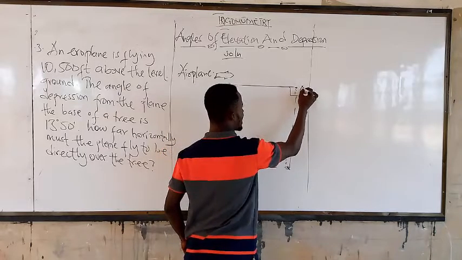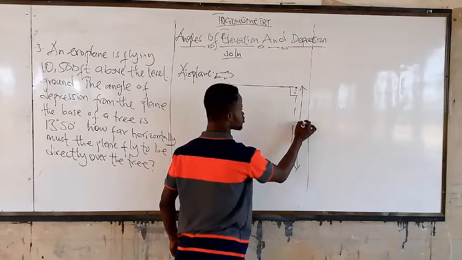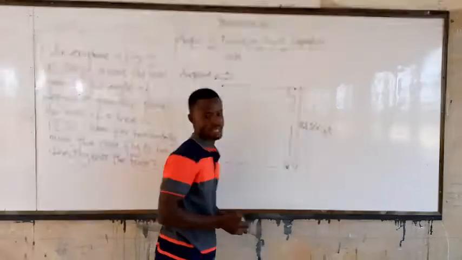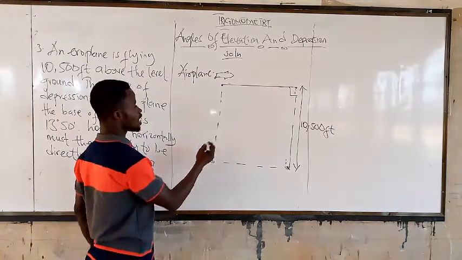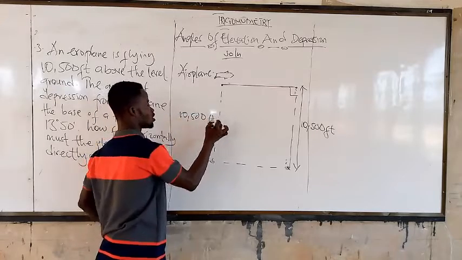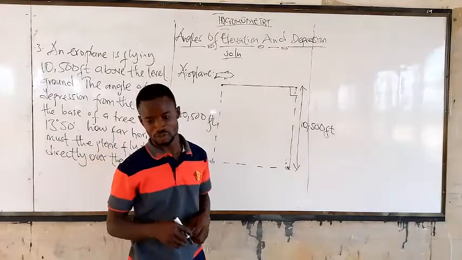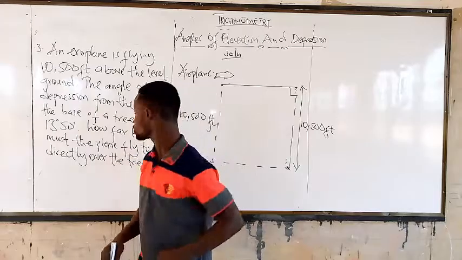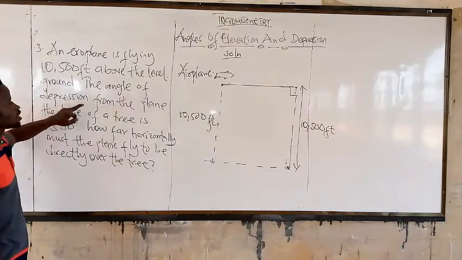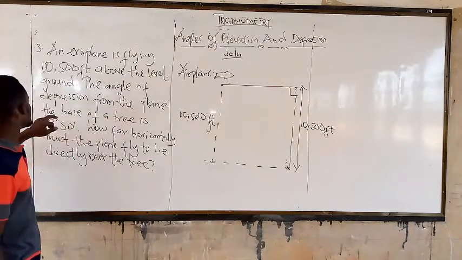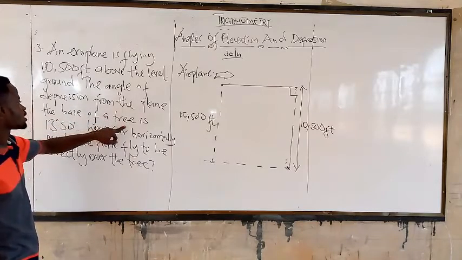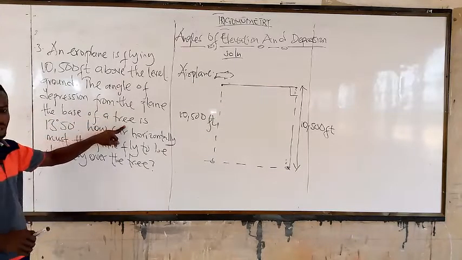That means that the height from here to here is going to be 10,500 feet. And the opposite of it is also the same thing. Let's continue. The angle of depression from the plane, the base of the tree, the angle,